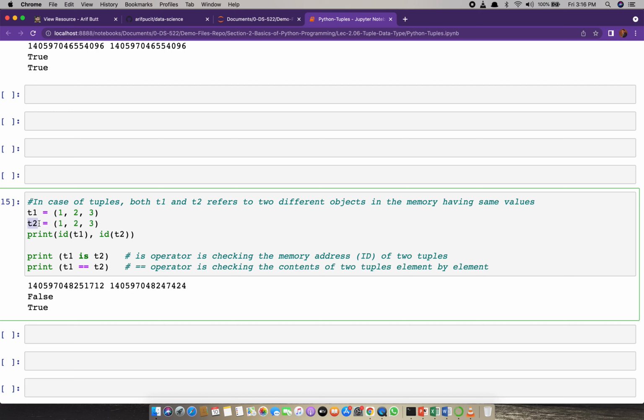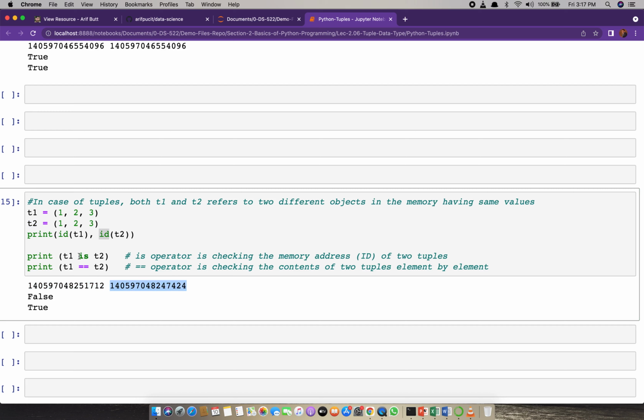This T2 is another reference pointing to a different tuple object containing 1 2 3. So in case of tuples, we have created two different tuples inside the memory. T1 will be pointing to some location in memory, T2 will be pointing to some other location in memory. Therefore, they have two different IDs as shown over here, 712, 424.